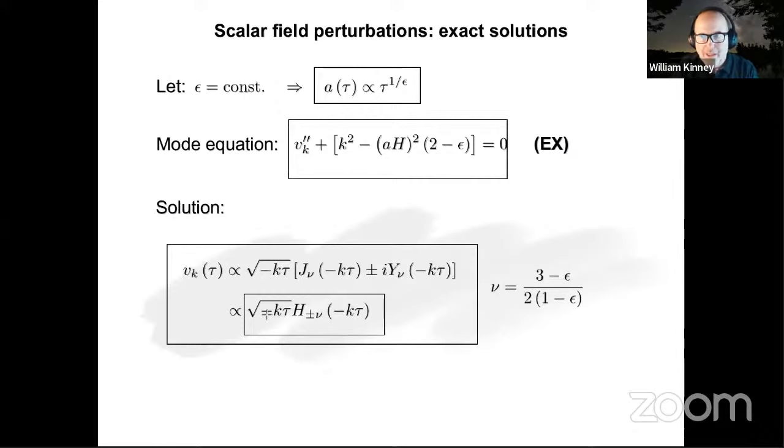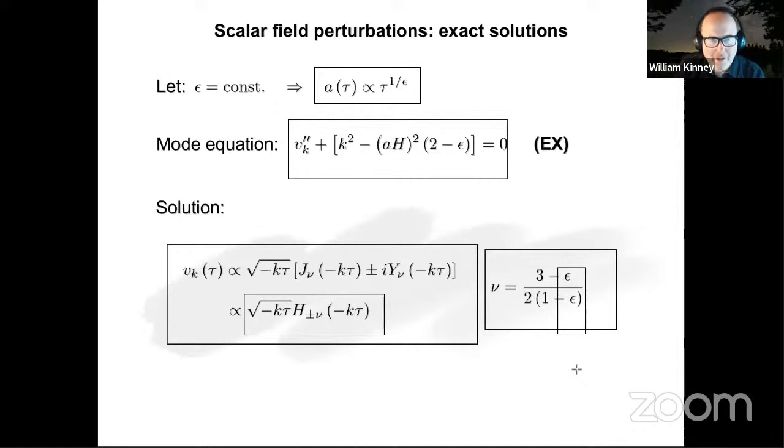We can think about the short wavelength and the long wavelength limits as limiting cases of these Hankel functions in conformal time. The order of the Hankel function is given by the equation of state. In particular, when epsilon is equal to 0, this is a 3/2 Hankel function. It's a particularly simple case. When epsilon is a little bit different than 0, then the index of the Hankel function differs. This is where, for example, we're going to calculate the spectral index of density perturbations, and all of that depends on this Hankel function index in the solution to the scalar mode equation.